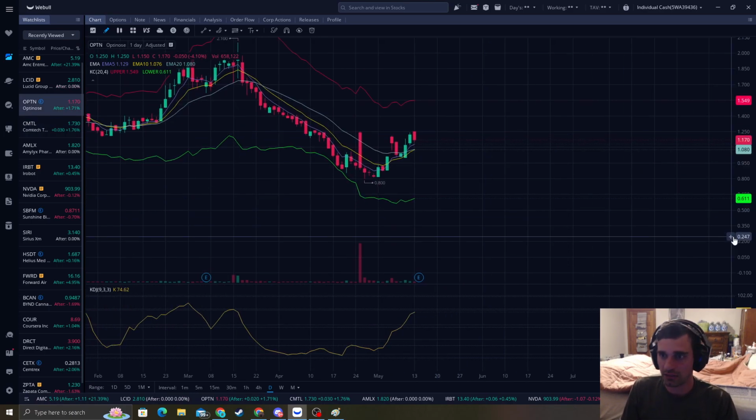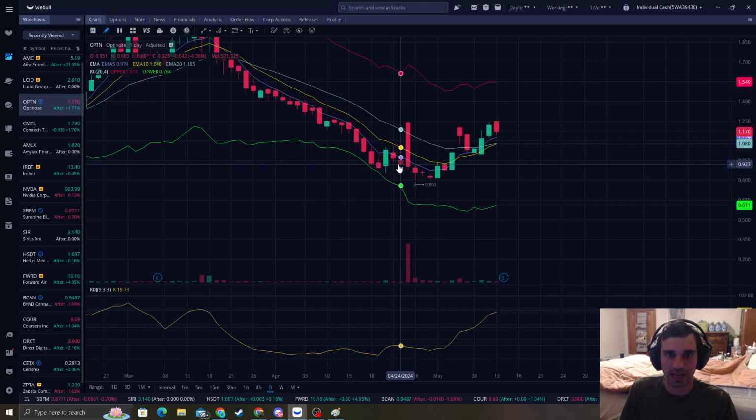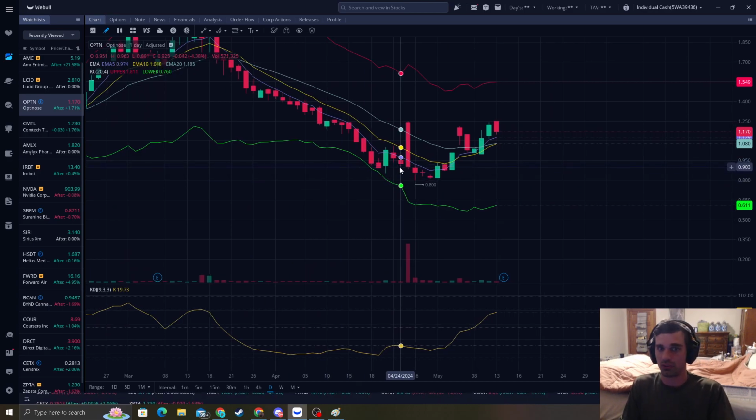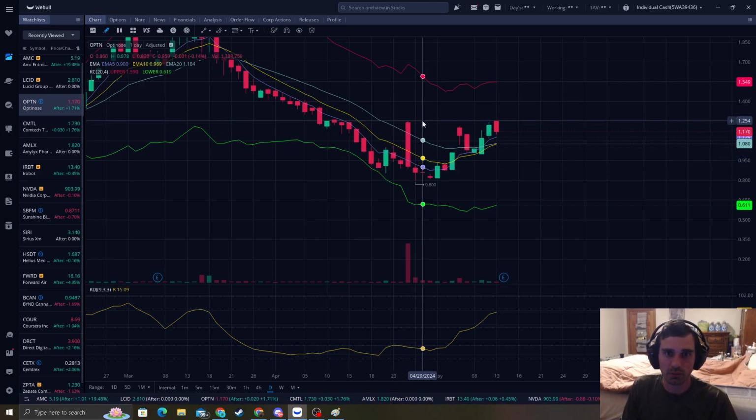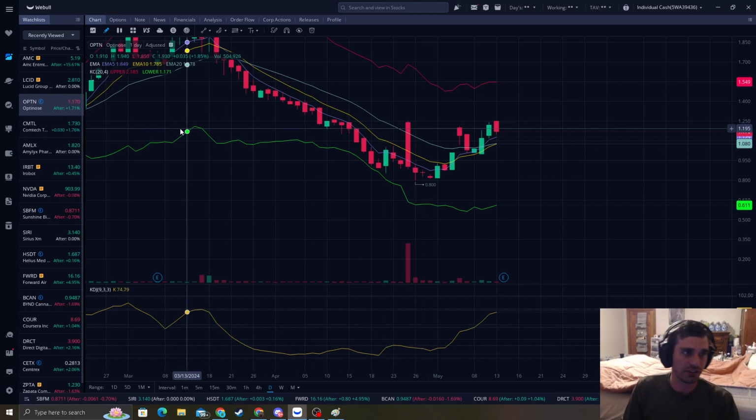OPTN, I go countless and countless of times. I alerted it right here at 97 cents. It goes all the way down to 90 cents. We're down 7%. People are freaking out. But guess what it does? It goes well above 103 all the way to 123. So it doesn't really matter if you had it at 97 cents, as long as you're playing the accumulation rules, it don't really matter.